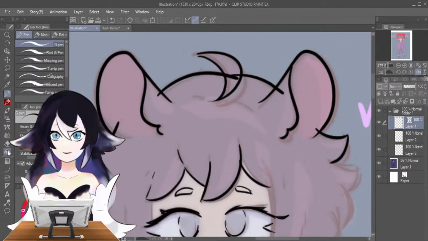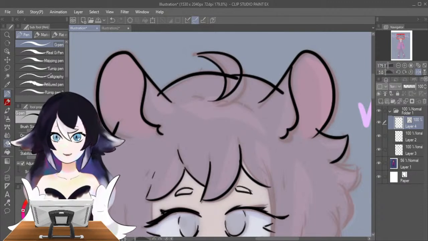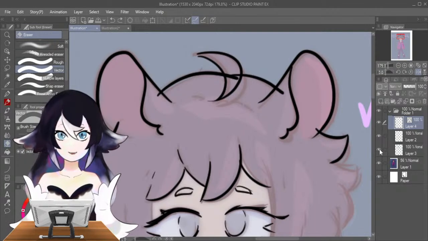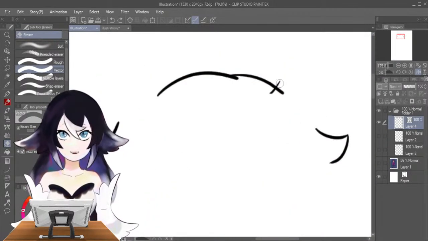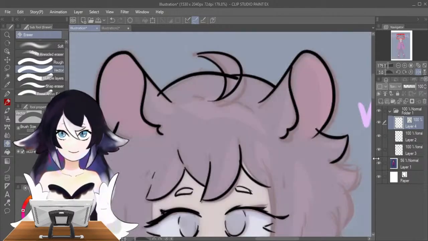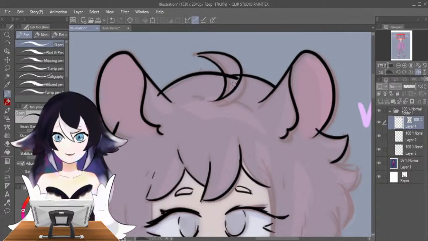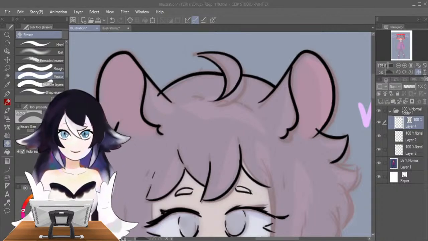And with this you can also do something with the eraser. You can get the eraser vector line, and what it does is erase the points that intersect with each other, so it doesn't erase the whole thing. You don't have to manually erase everything. I learned that tip from YouTube.